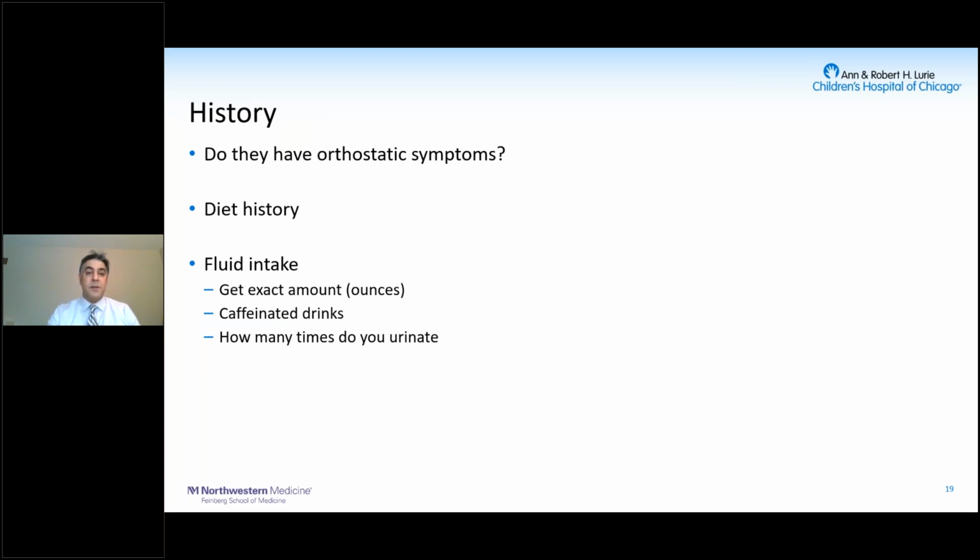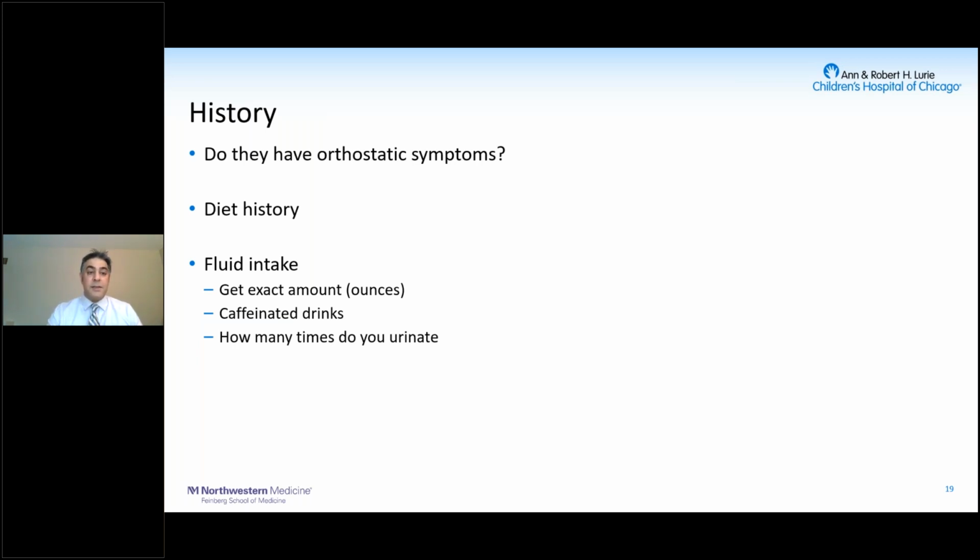Get a good diet history. Don't just ask, do you eat breakfast and lunch every day? Ask them specifically what they eat. Some people, when you ask what they had for breakfast, say they had some candy bar, or for lunch, yeah, I had a sandwich. Did you eat your sandwich? No, I took 2 bites and then didn't eat the rest.